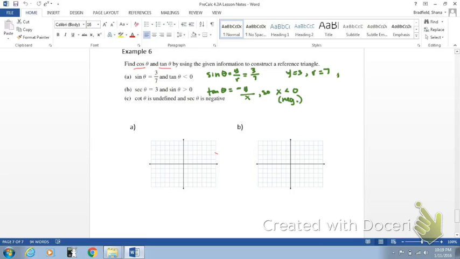And then we want to know what y or x is, because we want to be able to find cosine, which is x over r, and tangent, which is y over x. So I'm going to try to graph that on my little coordinate plane here. So I have a y that's 3. That means I'm going to go down 3. And my x is negative. So I've got to go far enough over here, and I'm not really sure where that is, so that I have an r, or